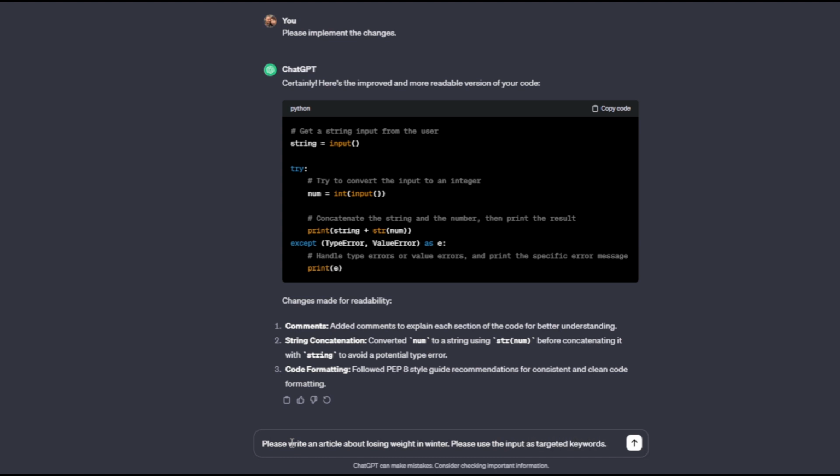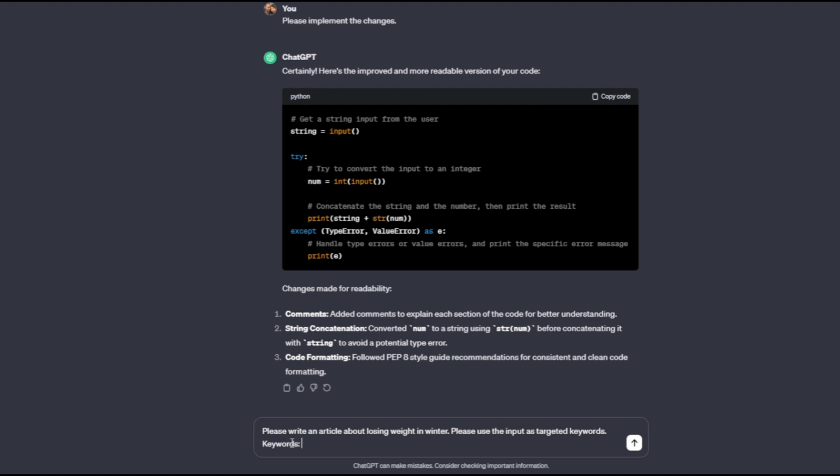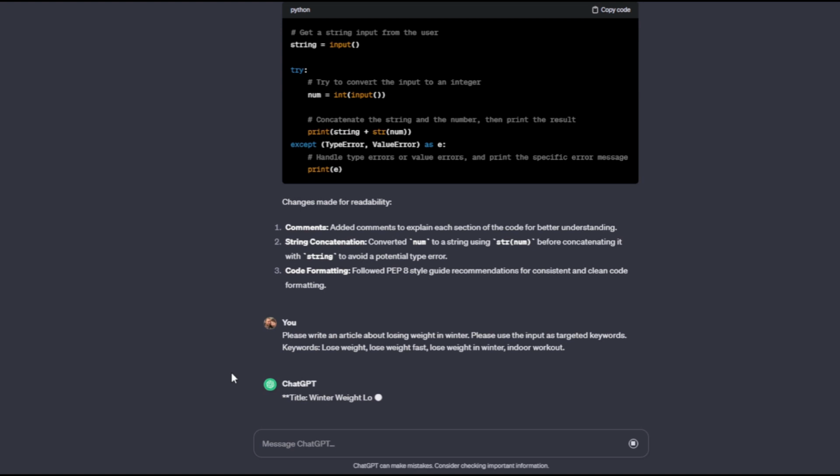Now let's go ahead and give it keywords. These are going to be the SEO keywords that we would hypothetically be targeting if we were writing this blog article. Let's just say lose weight fast, lose weight in winter, and let's just say indoor workout. And then we'll go ahead and hit enter and let it generate.